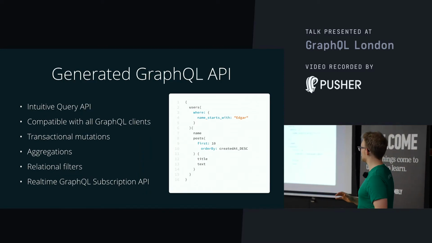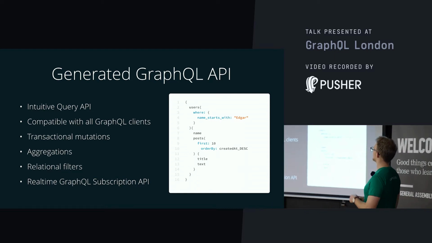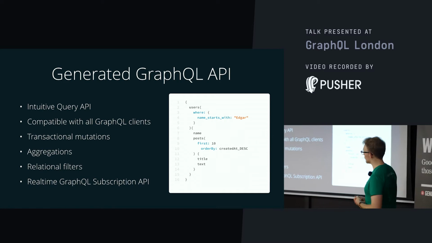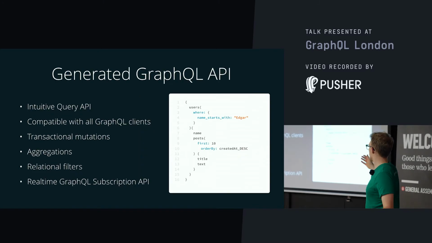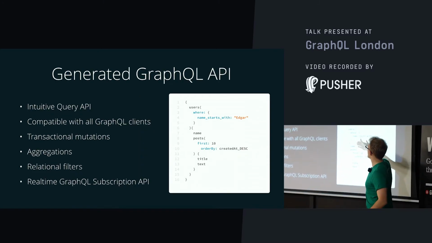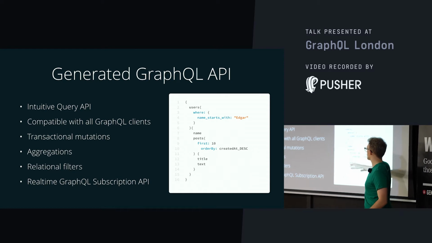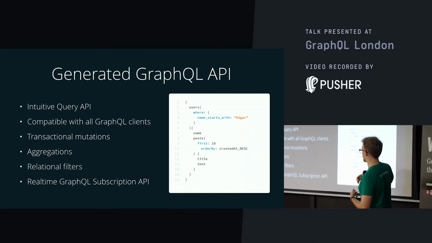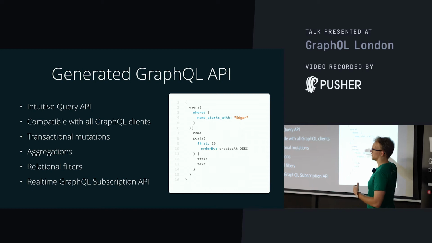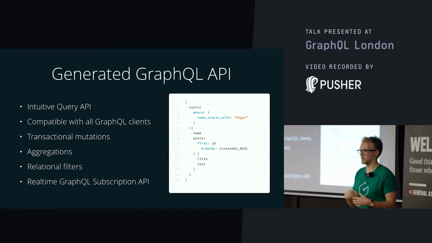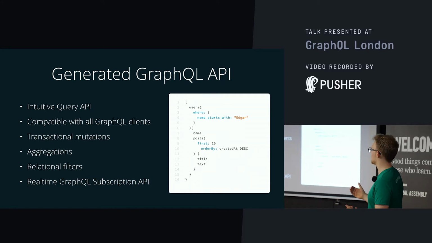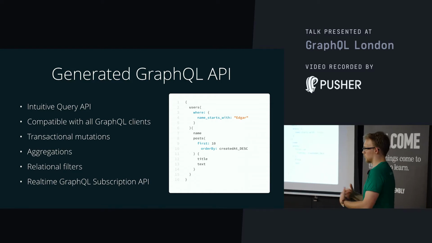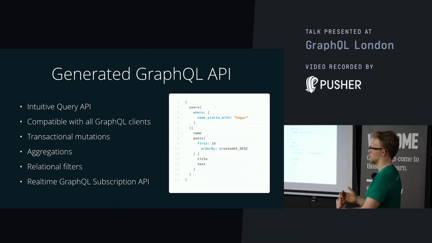So based on your data model, you get a generated GraphQL API. If we look back at our data model here, we have a type user and a type post. So now you get an entry point to get all of your users. You can query the name. You can also traverse to the posts and traverse the entire relationship here. And you cannot just get all of the data, but you can also filter it. Whatever you could express using a SQL where statement or aggregations, you can also now do in this GraphQL API, with the advantage that the tooling is a lot more advanced and it's a lot more intuitive